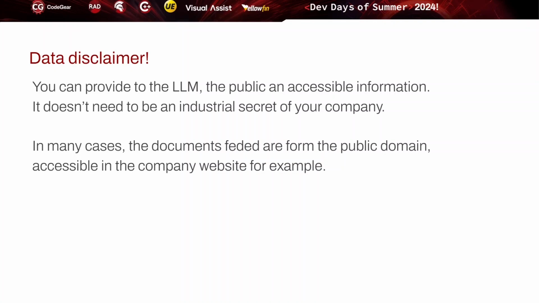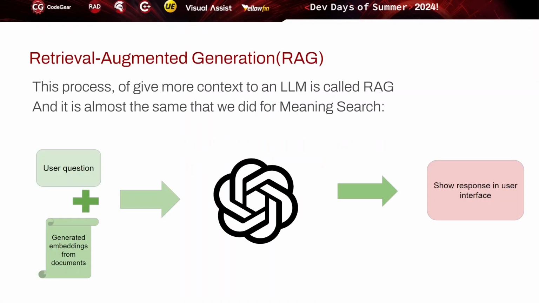The most important thing here is for us to classify the information with the right classification. This is public access information. This is private access information, and we only provide to the LLMs the public and simple access information that anyone can have access to.